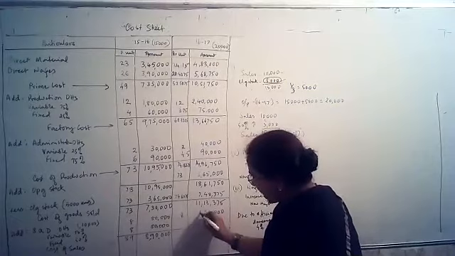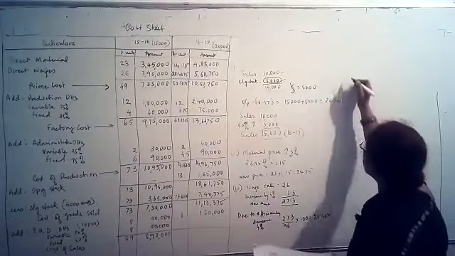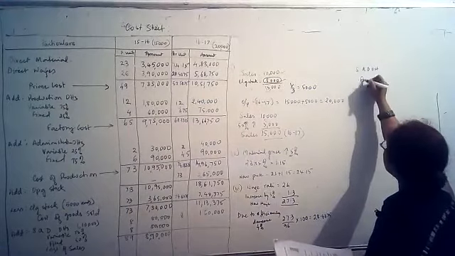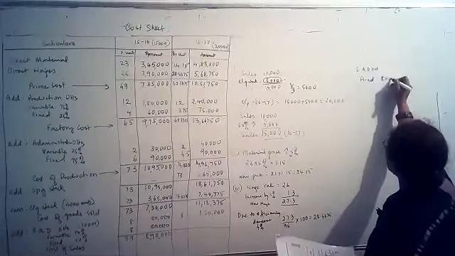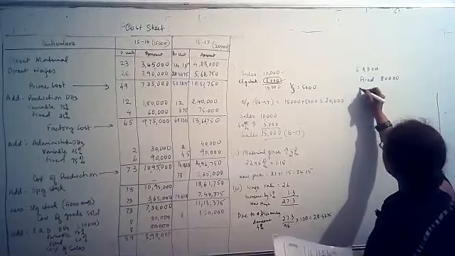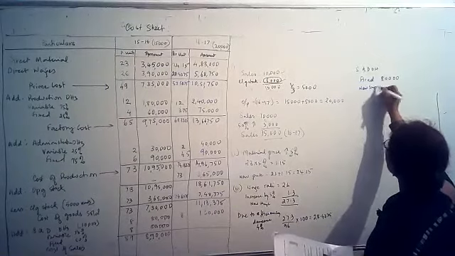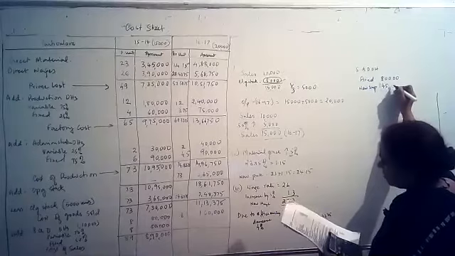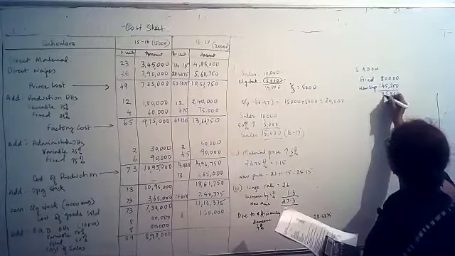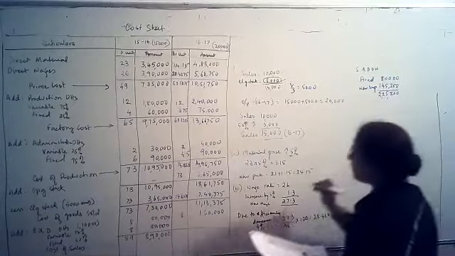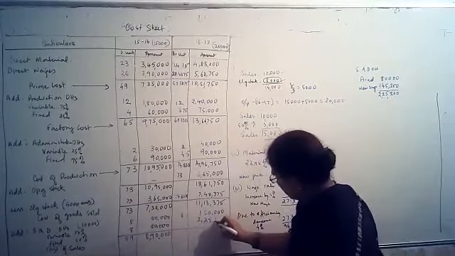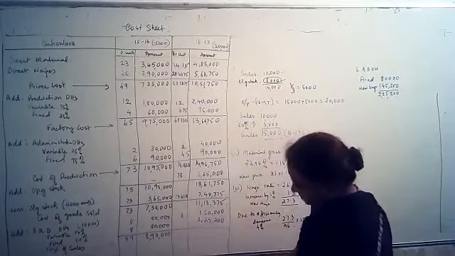This will be fixed, same 80,000. 80,000 is fixed plus I will have, look at the fixed expenses. Write down here selling and distribution overhead fixed. Fixed I have 80,000 and I also have a new expense of 1,45,200. So I'll add up both of them since it is fixed. 2,25,200. Add up now all the amount.